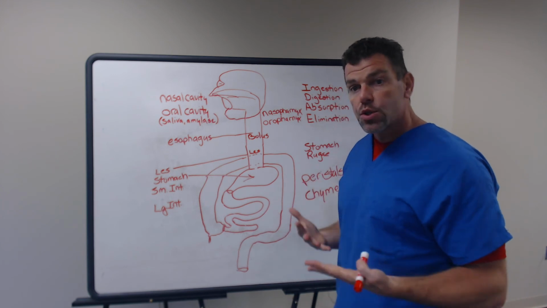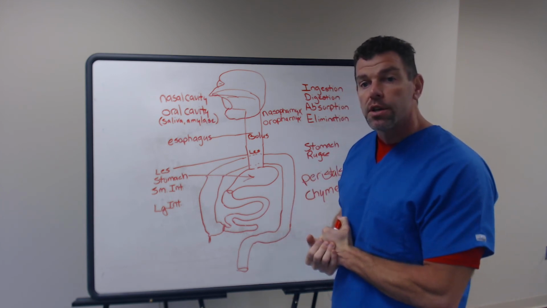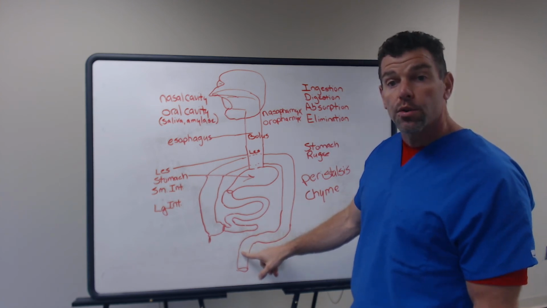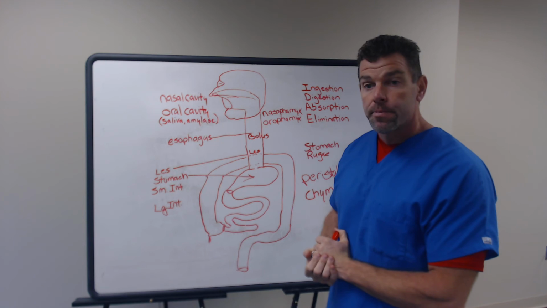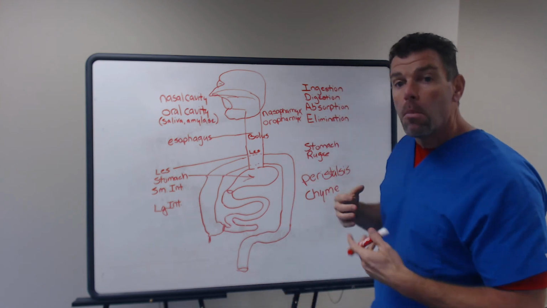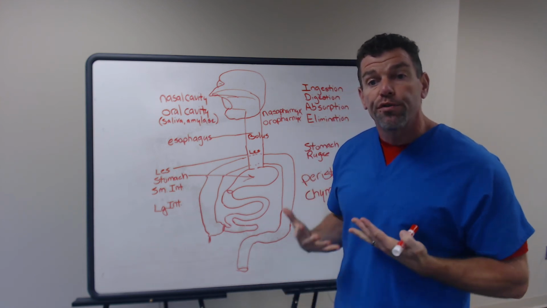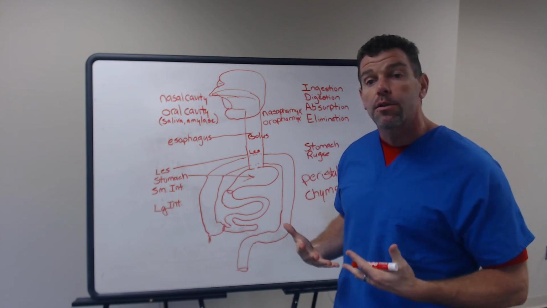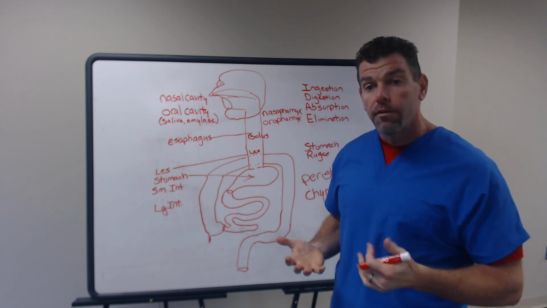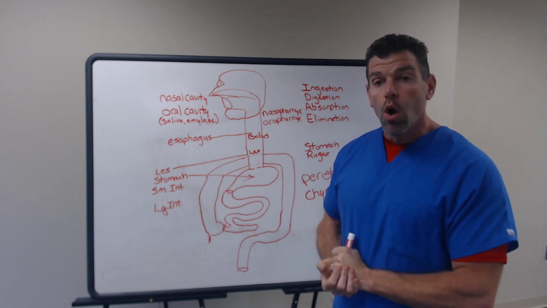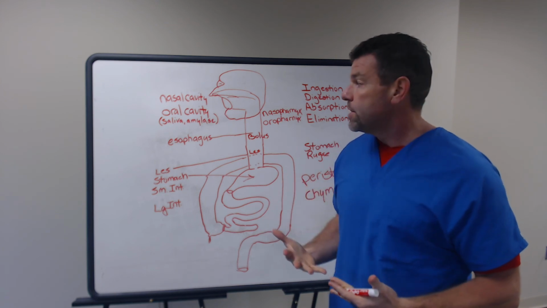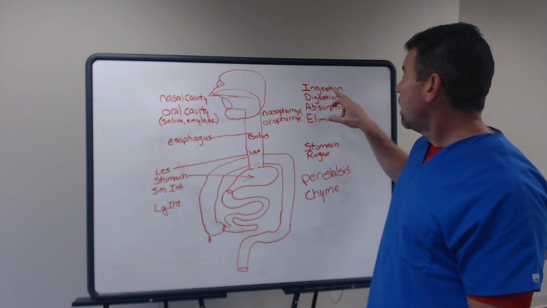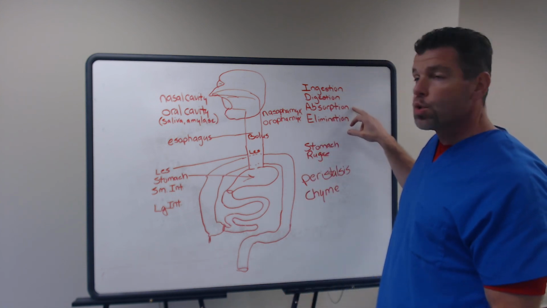Okay, that's what we call the process of defecation, and defecation is going to rid the body of the material that was stored in the rectum that we call feces. Now, the anus has multiple rings of muscle called sphincters that keep the contents in the rectum until it's convenient for us to rid our body of this waste material. But that's an overview of the digestive system and some of its major structures and the process of ingestion, digestion, absorption, and elimination.